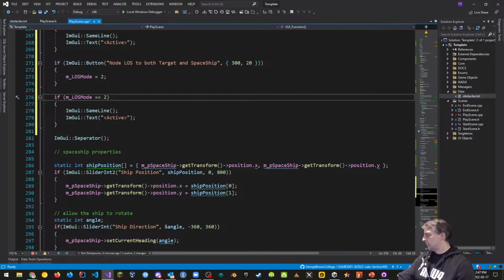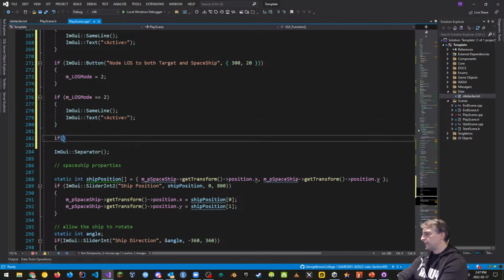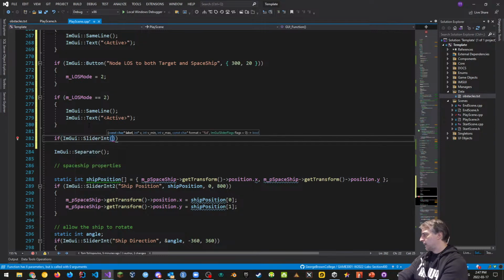After this, he also is going to make a little slider int, if ImGui slider int, and it's going to be PathNode line of sight distance, so we can adjust the line of sight distance, and that'll equal to ampersand m_PathNodeLineOfSightDistance, right?